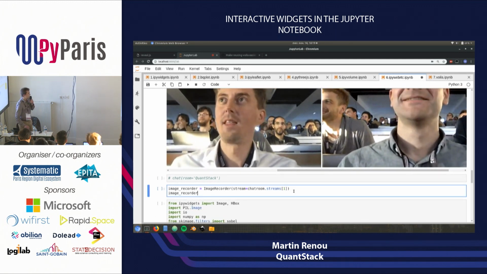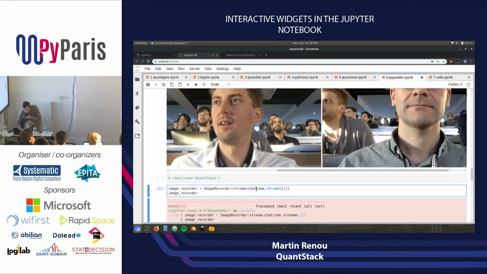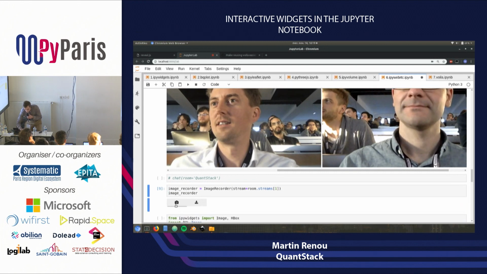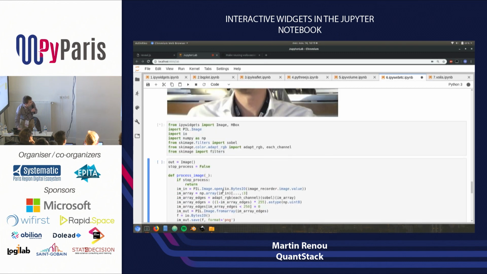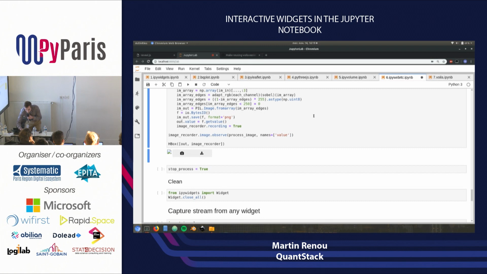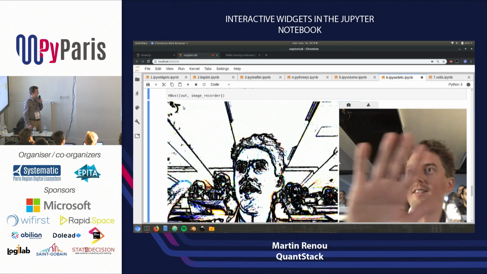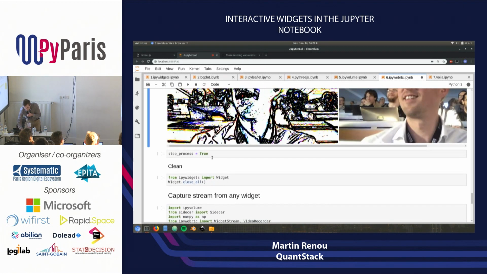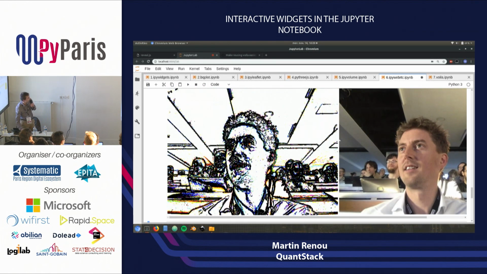So I can create an image recorder to record images of Martin. And I can use scikit-image to dynamically process the images from his camera. So he is here, and I can process on my computer the images on the fly. I'm sorry, it doesn't look good. It looked good yesterday, but